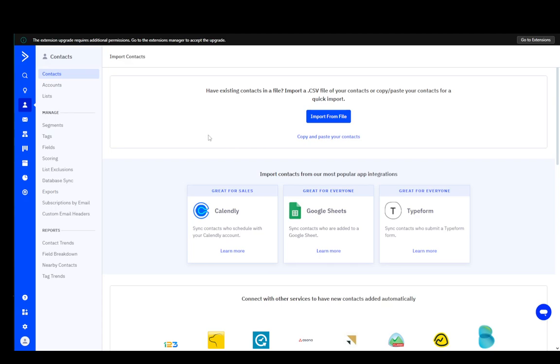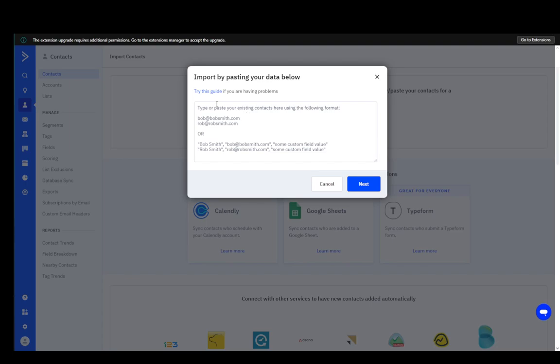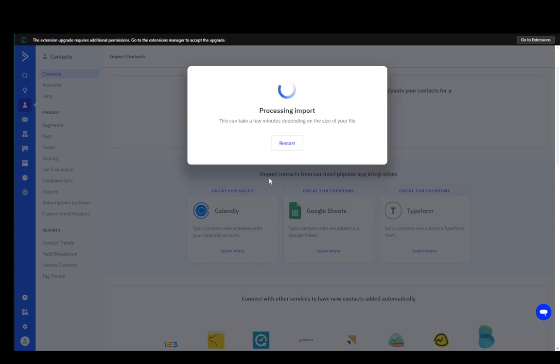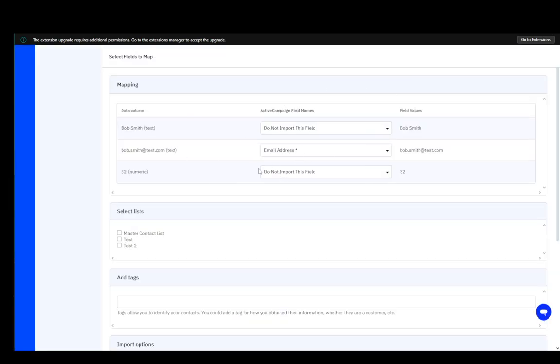You might need to fix a couple of different things depending on the fields that your contacts use. However, that is case dependent. You can also copy and paste your contacts. As you can see, you can paste your contacts here using the following format, which is this or this here. So for example, I'll go Bob Smith as the example told me, then bob.smith at test.com, and then let's say age is 32. Click next, and as you can see, it's processing the import,